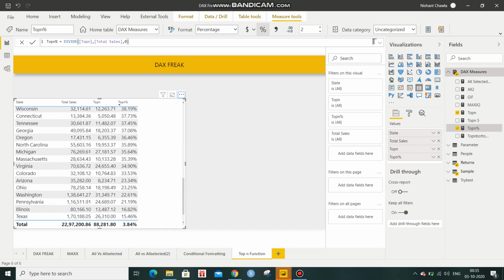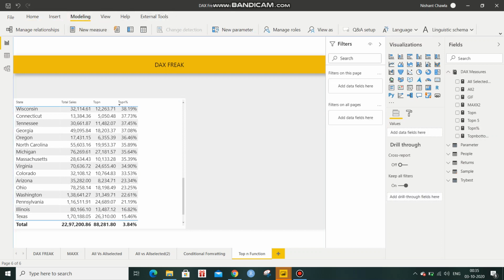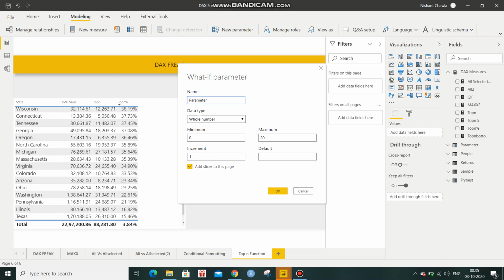Now I would like to go a bit advanced here. I'll create a parameter. You remember we entered 5 as the value in TOPN. I'll declare this in my measure. So let it be a whole number, and let it be 1 to 20.